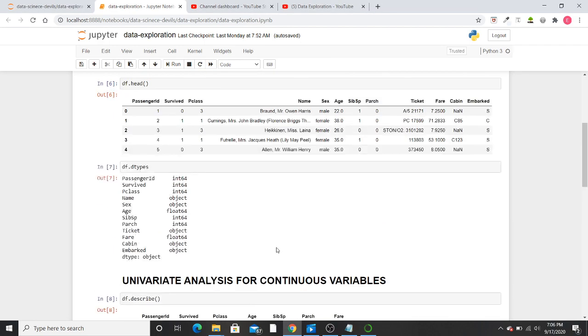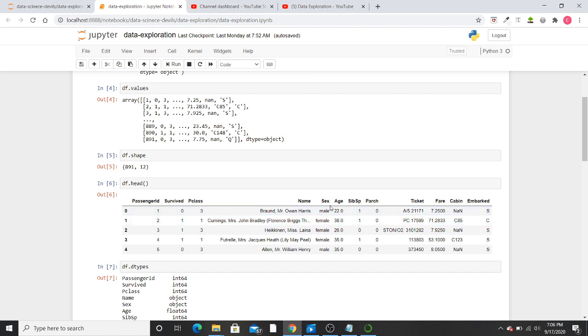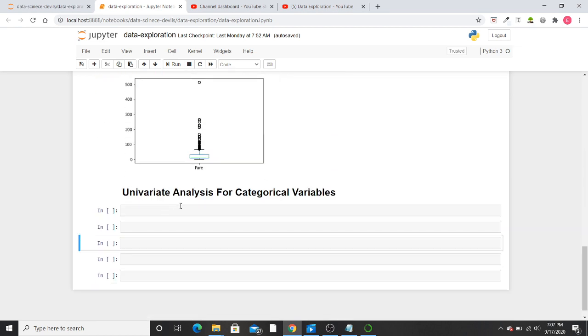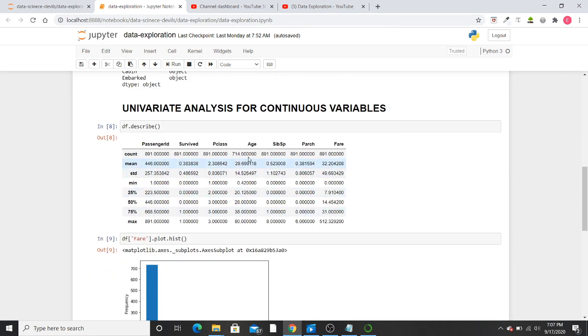Now I'm going to analyze the categorical variable named sex. In this Titanic dataset, there is no gender for the other category. There are only two genders present in the Titanic dataset, that is male and female. So we'll do univariate analysis for the categorical variable named sex.